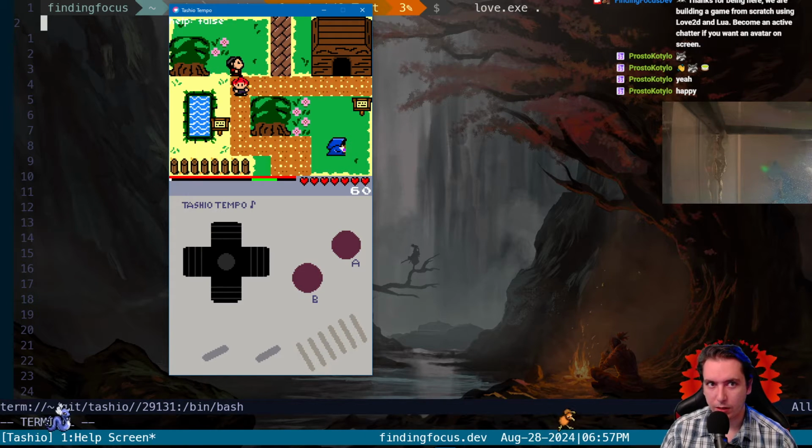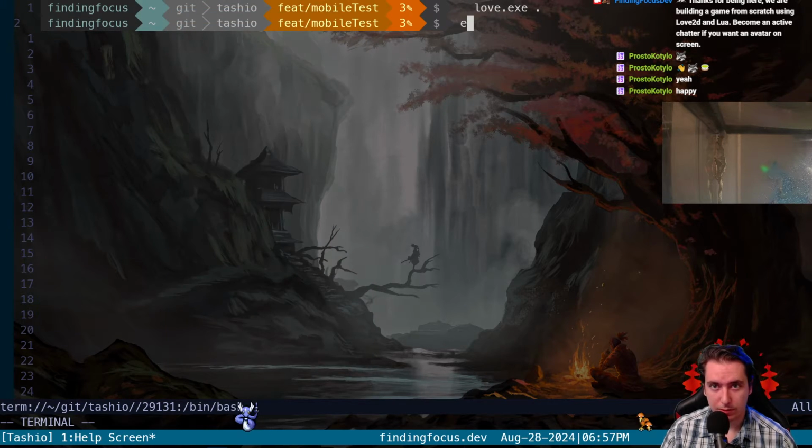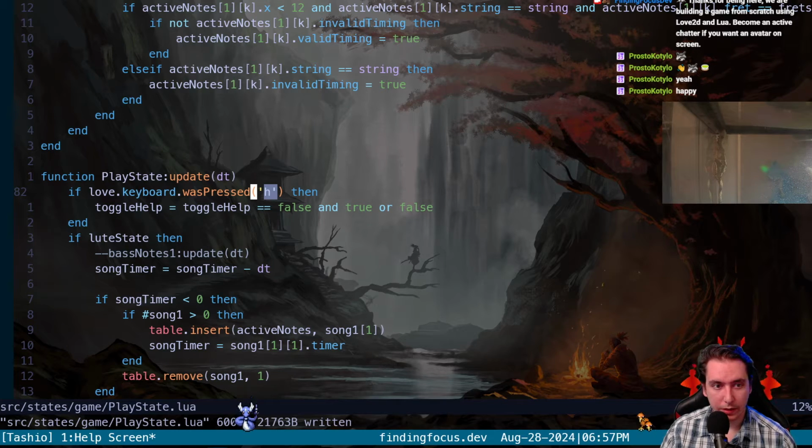So I'm hitting H and we're able to toggle help either true or false. And if I hold it, it doesn't go 60 times a second. So that's what we want. Now we just have to render